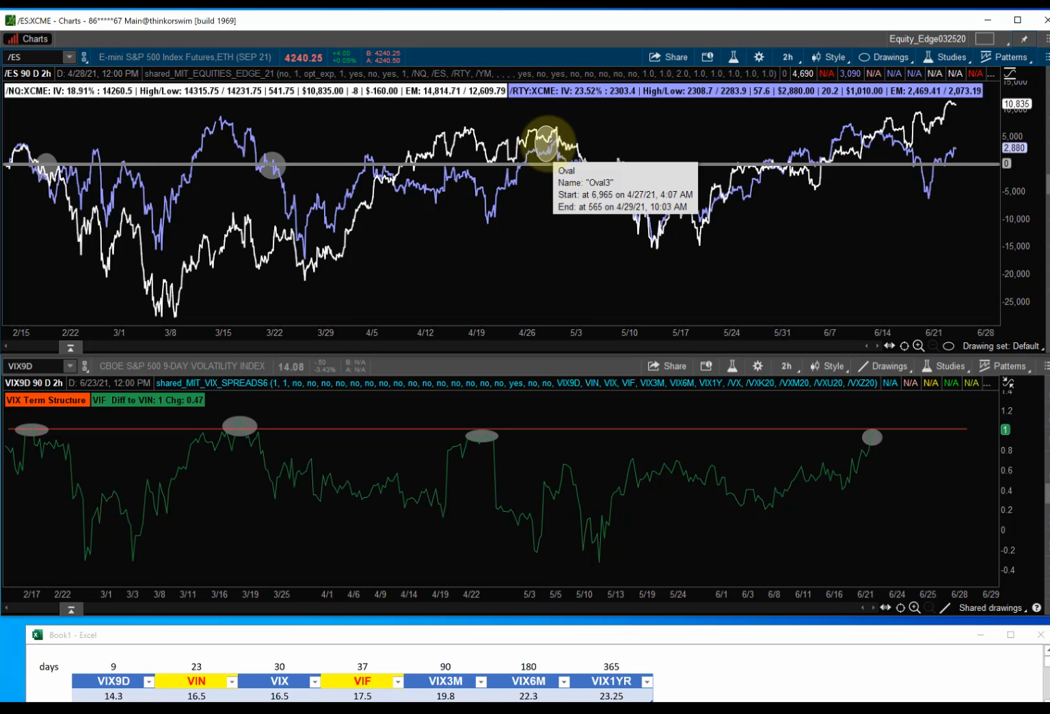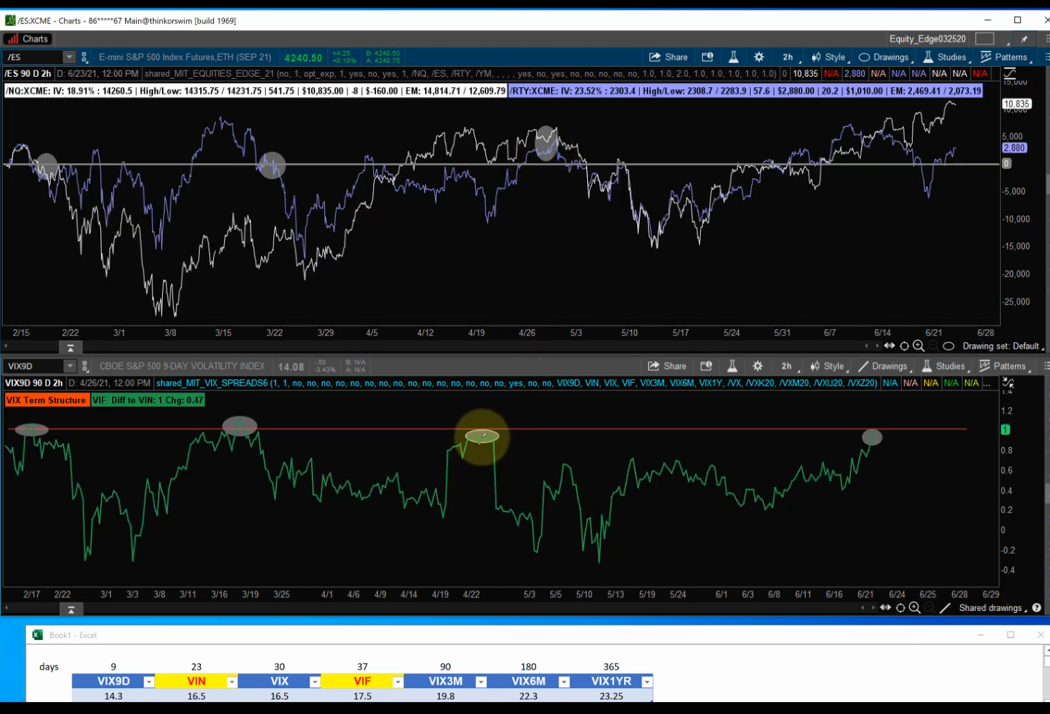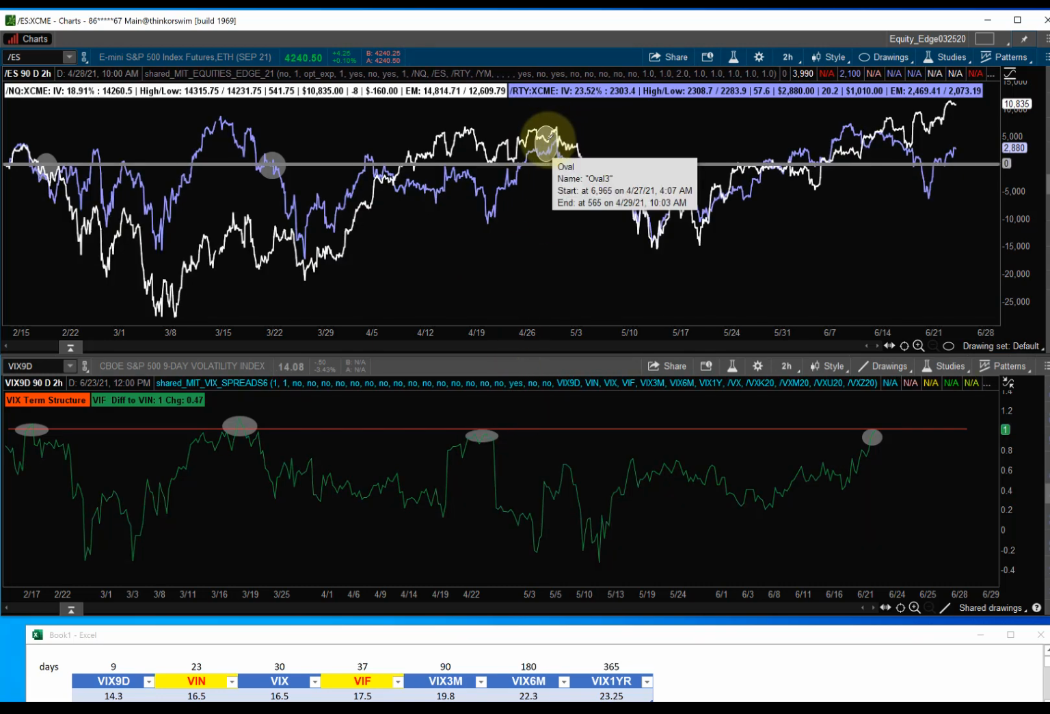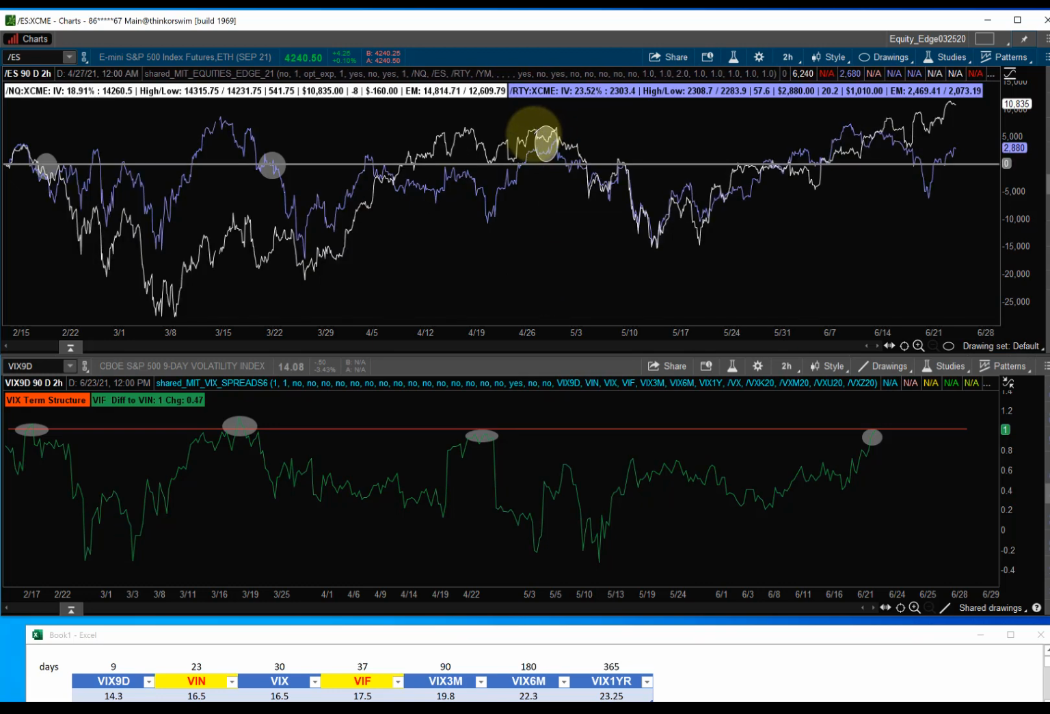Right here, we see it again. The date here is April 26th. Not too long after, both of them fell really hard. And now finally, we're seeing this again. As these markets fall, the VIX, that 30-day VIX, is going to spike. Right now, we're seeing the VIN VIF